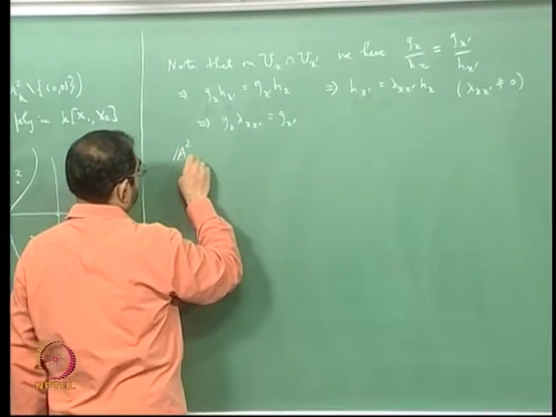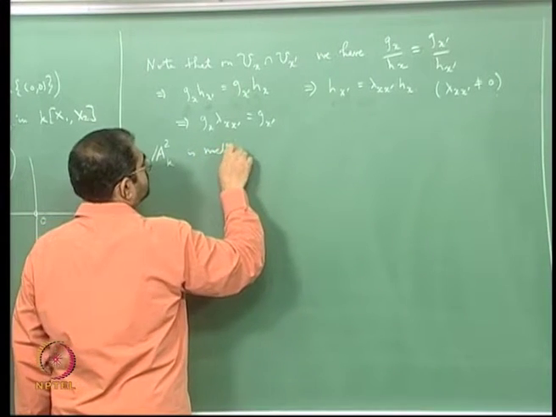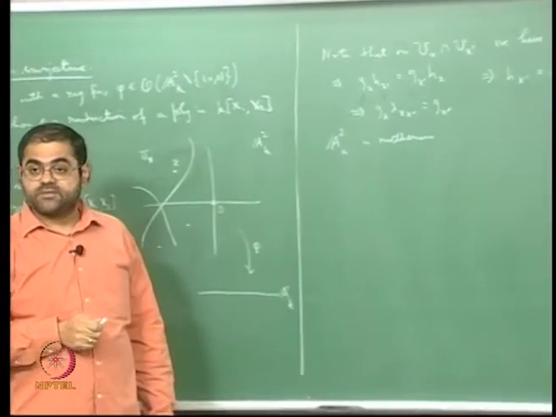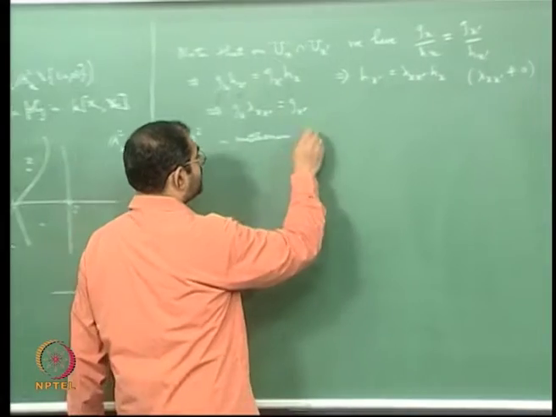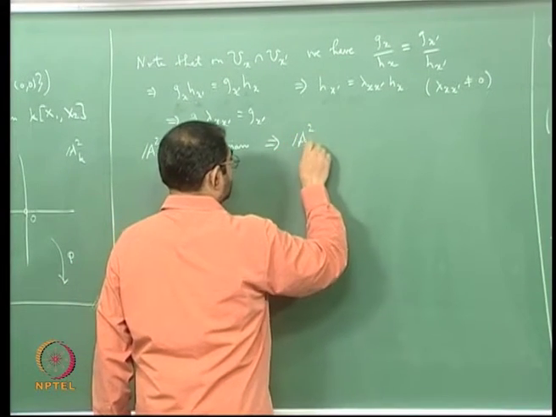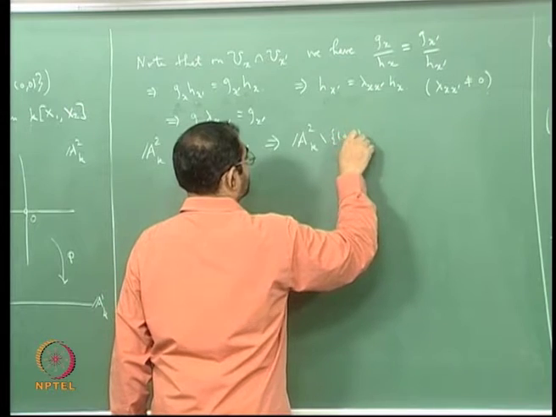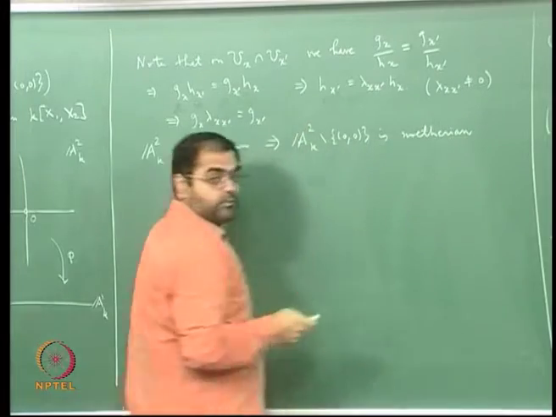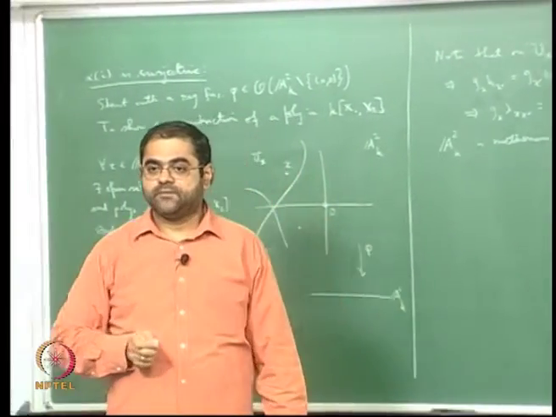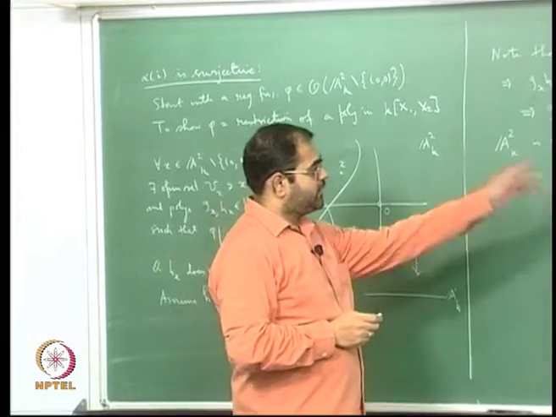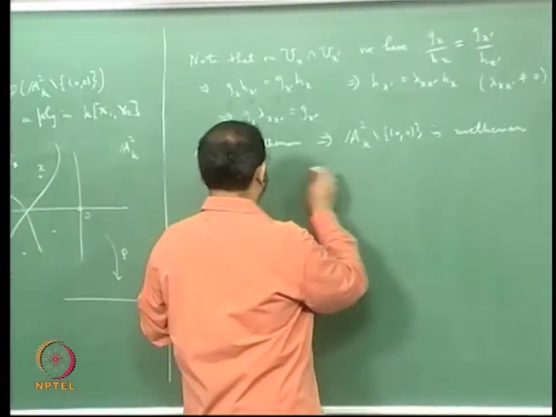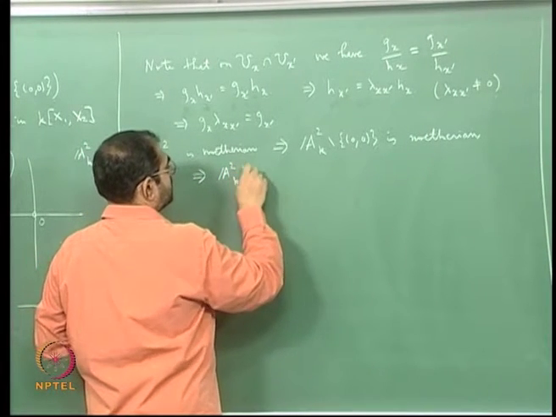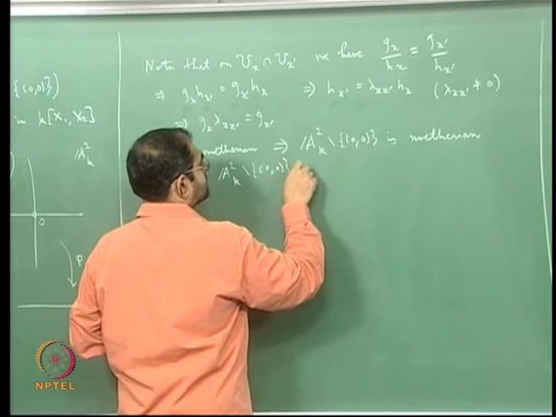A2 k is Noetherian, and any subspace of a topological space that is Noetherian is also Noetherian, so this will tell you that A2 minus the punctured plane, A2 minus 0 0, A2 minus the origin is also Noetherian, and a Noetherian topological space is quasi compact. Therefore what you will get is that A2 minus the origin is quasi compact.